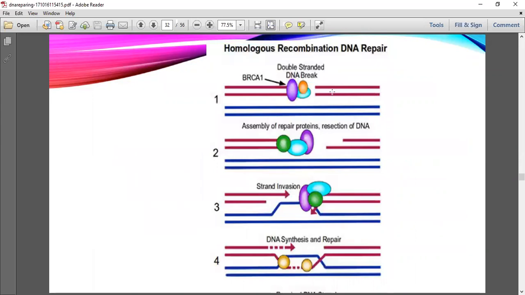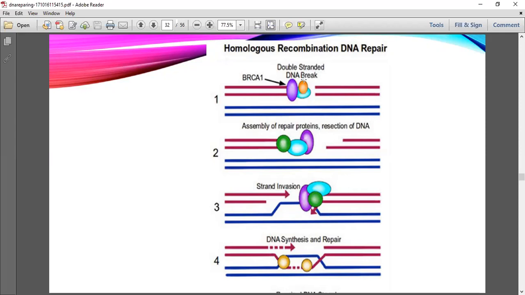In this diagram, you can see that the red line is one double-stranded DNA, and the blue line is another double-stranded DNA. When the break happens inside the red line, that DNA has homology, meaning similarity, with the blue line, the second DNA, and the first, broken DNA. So from the homologous, similar DNA molecule, it synthesizes the DNA on its strands. That means by using those homologous nucleotide sites as a